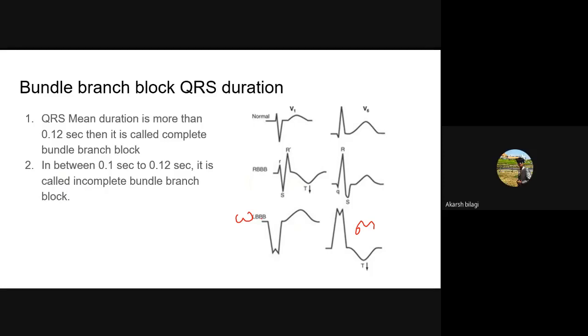Got it? Yes, sir. So here you get M. You get M here. Here you get W. So where do you get W in V1? It is in LBBB, V1. I'll show this. So W is here, M is here, in lead V1. Whereas here we get W in lead V1. Sorry, M here. I'm confusing you. I'll come to how it happens.